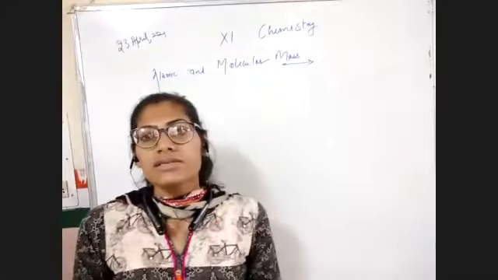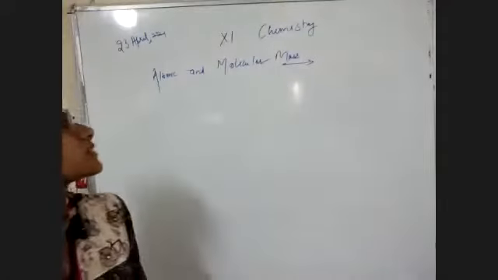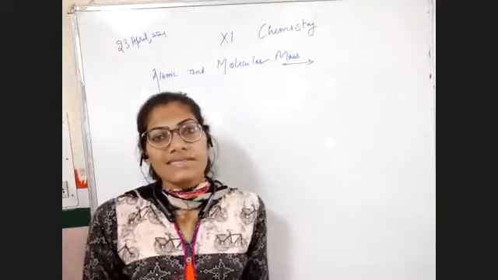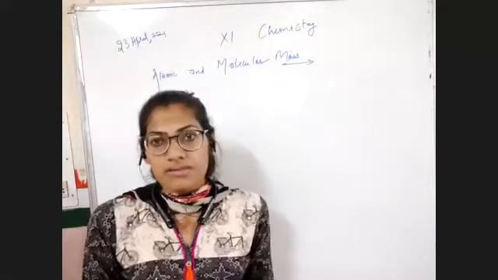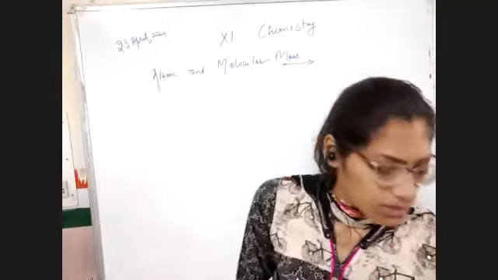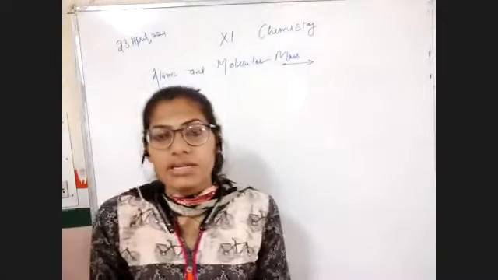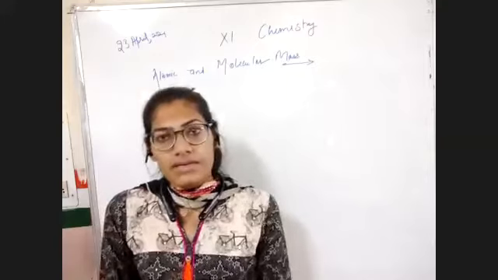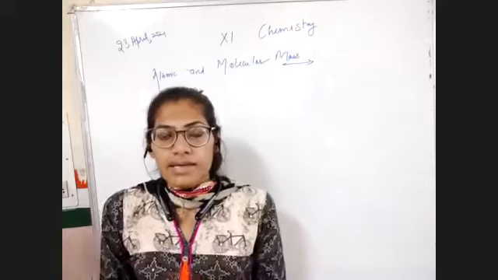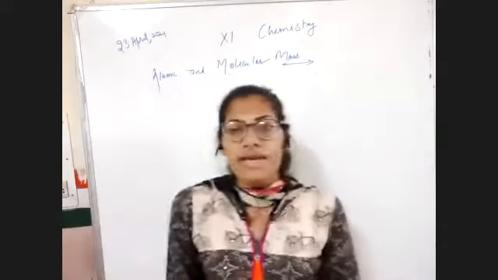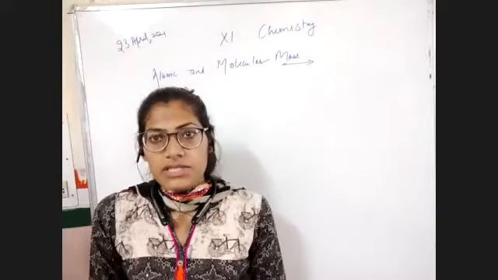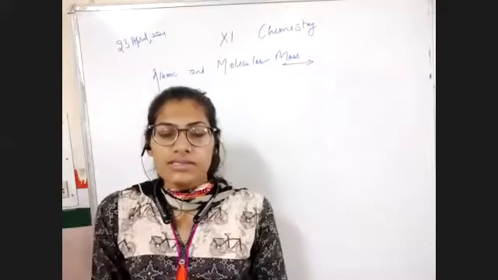Before starting the chapter of 11th class, some basic concepts of chemistry, let me discuss what we actually studied in the very last class. Let me have a quick recapitulation. In the previous class, we studied why we need to study chemistry, then significant figures, precision and accuracy, and after that Dalton's atomic theory and the laws of chemical combinations. All these terms we discussed in our very last class.